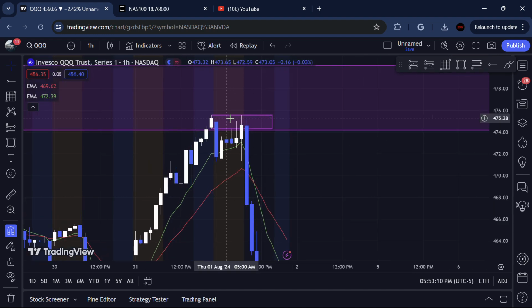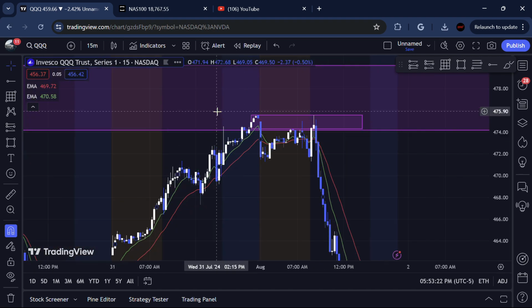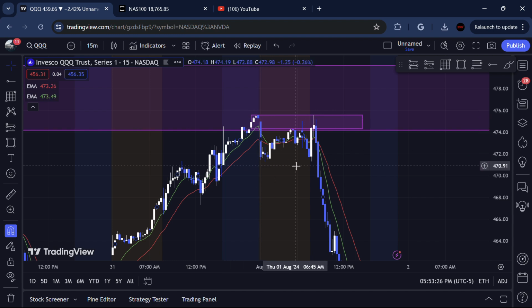Once market opened, it completely respected this gap, and then this also respected that order block right here. So I'm going to go on to the 15-minute time frame, and now you're able to see completely. So this is that order block right here. Price left it during pre-market, and then pre-market came back into it a little bit, and then once the market